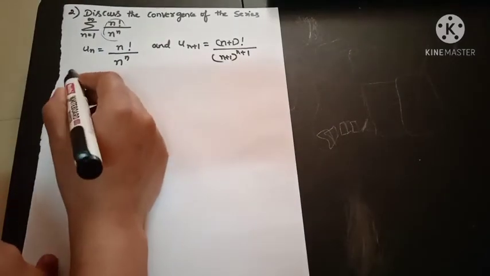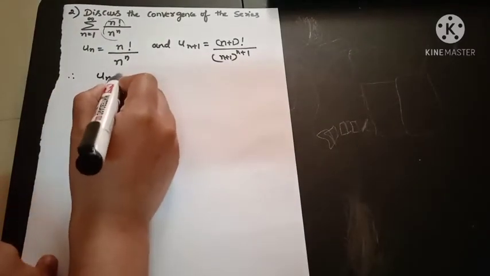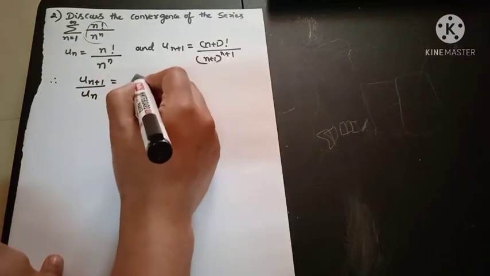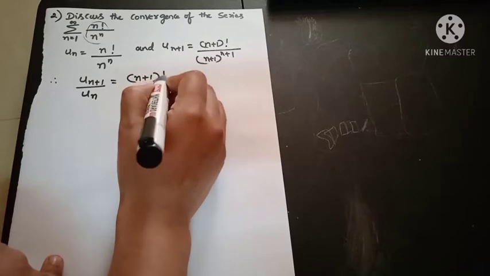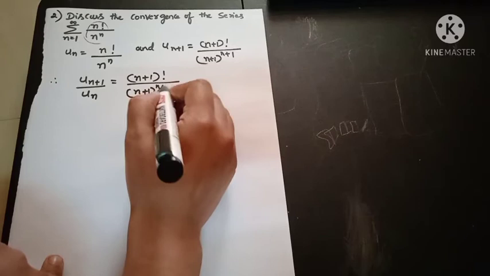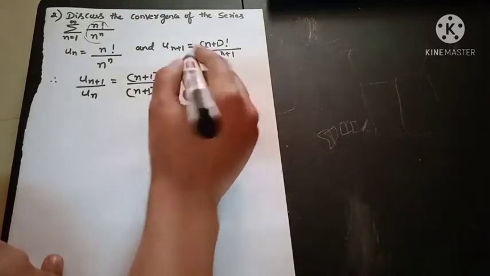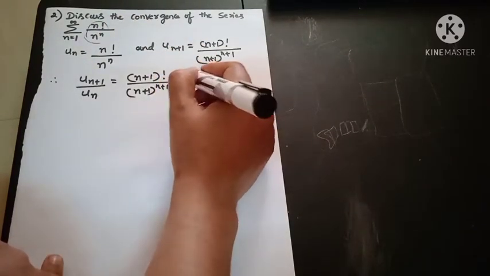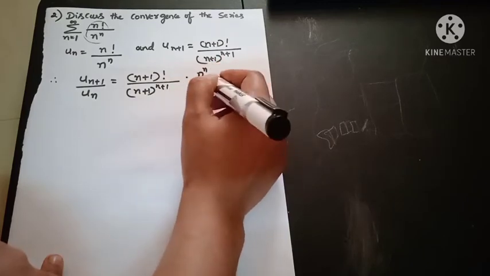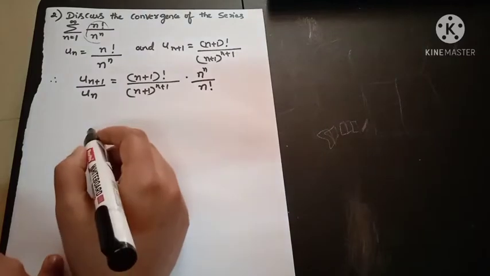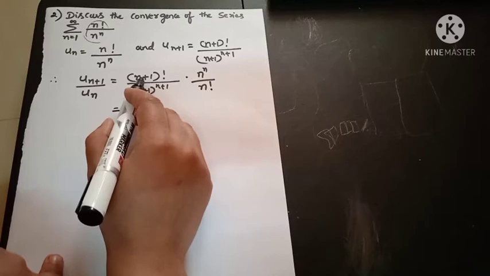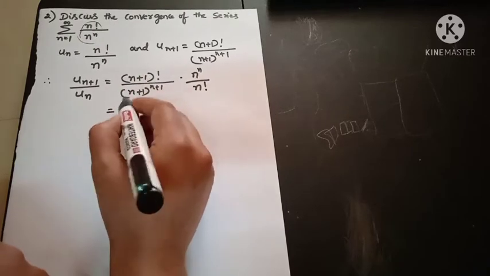Next step is find out the ratio of un plus 1 by un. What this ratio will be is n plus 1 factorial upon n plus 1 whole to the power of n plus 1 divided by un, which gets reversed and becomes n to the power of n upon n factorial. So if we expand the n plus 1 factorial, this will be,